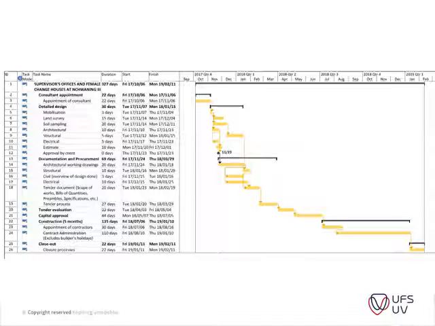Okay, and this is a typical example of such a program that you can develop. You will see that you have the appointment of a consultant, detailed design. Okay, so this just more or less gives you an idea. This is one that we did for a tender document in 2017, and it just stipulates by when the consultants should be appointed, when the documentation should be ready, when you go out on tender,